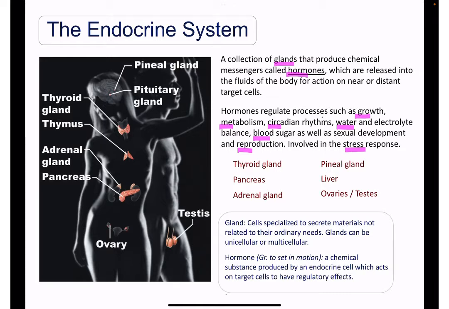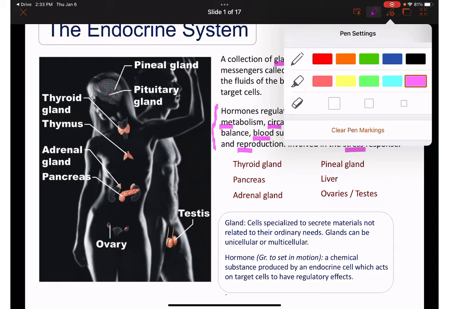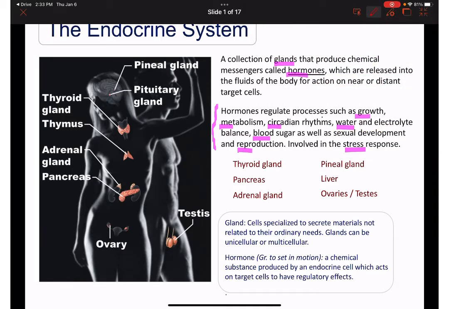So now what I want to do is go through some of these specific endocrine glands and talk about which of these endocrine processes they're involved in regulating. And let's start with the thyroid gland. The thyroid gland is located right beneath the larynx or the voice box, and it wraps around your trachea